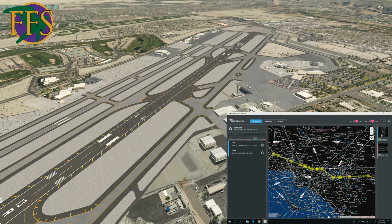Clearance, evening. Southwest 1267, IFR to Las Vegas. 207 Mike, contact SoCal departure. Morpheus, hey, how you doing? Yes, this is